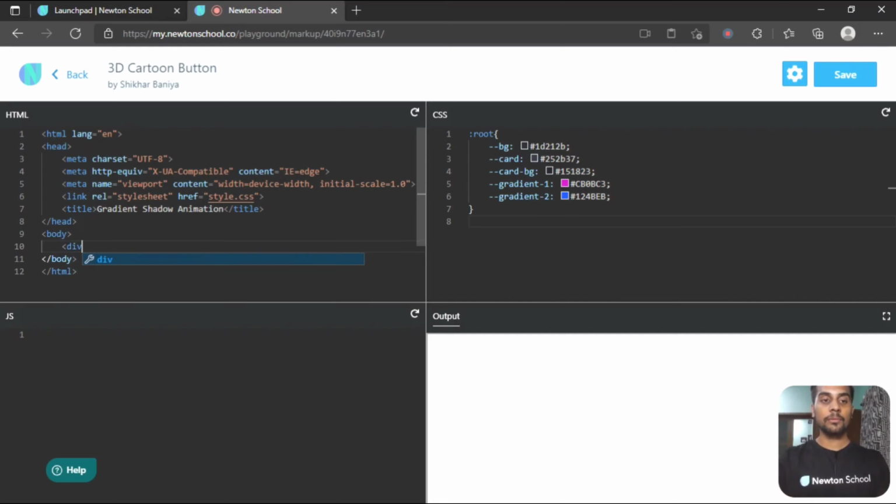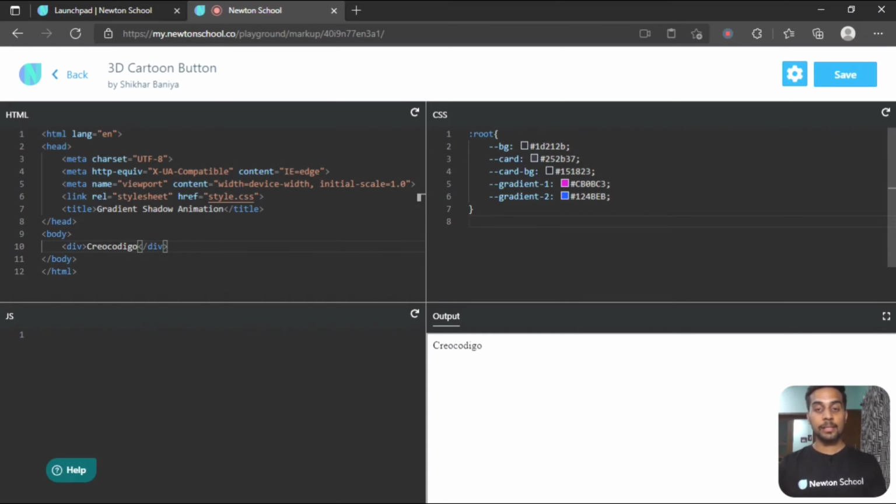So div. Inside this I'm just writing the page name, the name of my page on Instagram. So close div. As you can see, we got this text on the output.